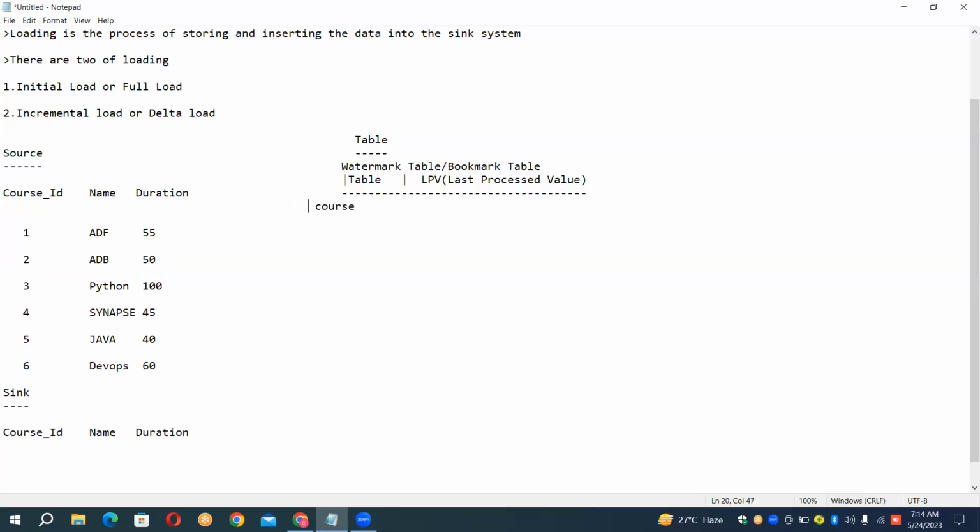Now, can you see here? Can you see everyone? The table column name is table, and the first row is what? Course. Can you see here, guys? Everyone? Course is the first row. Second,